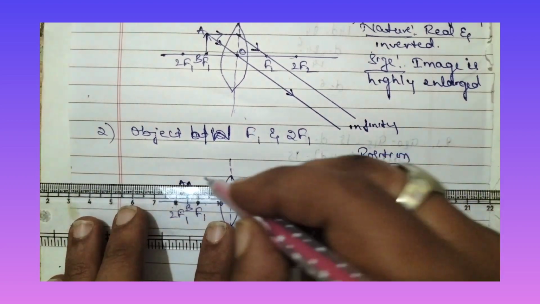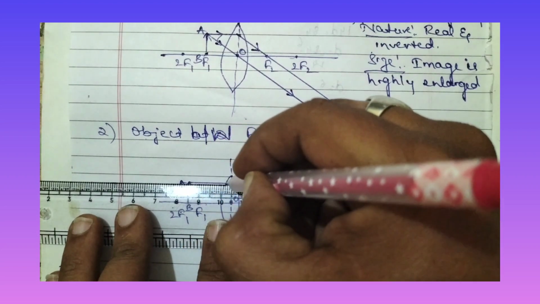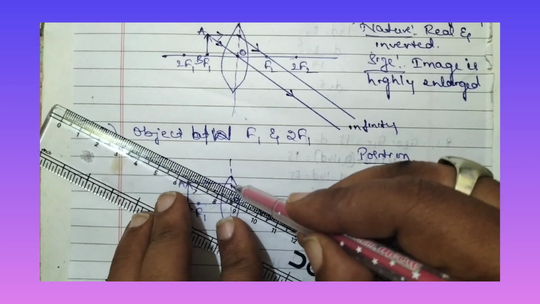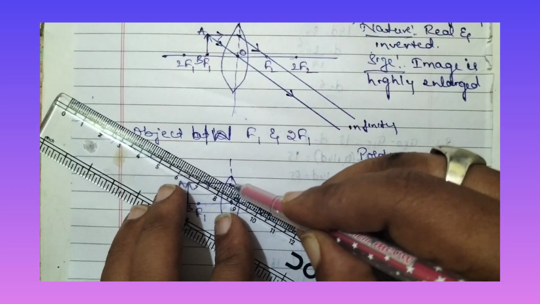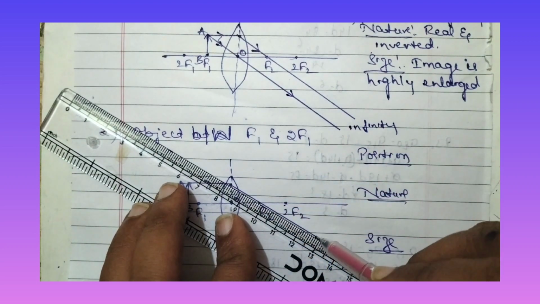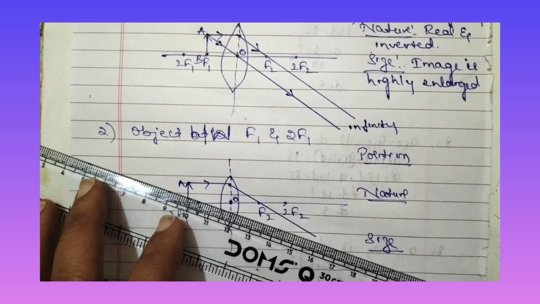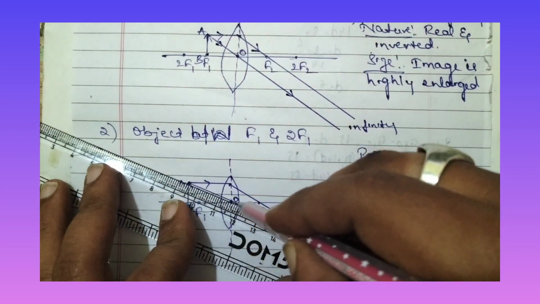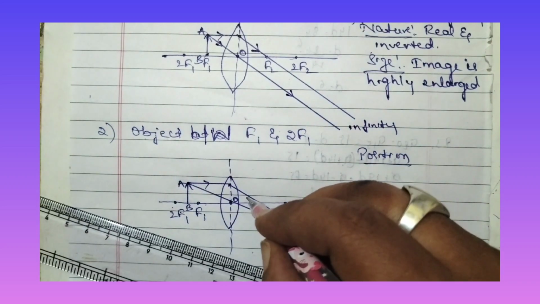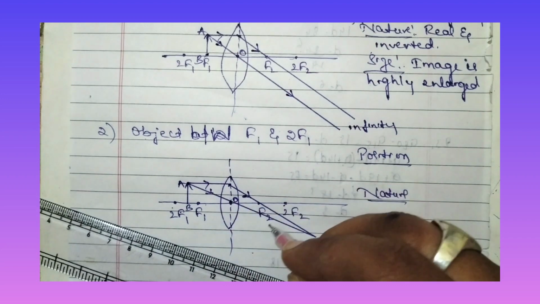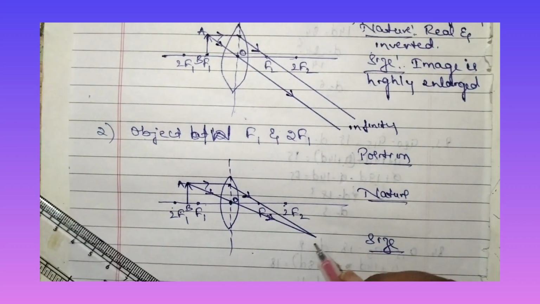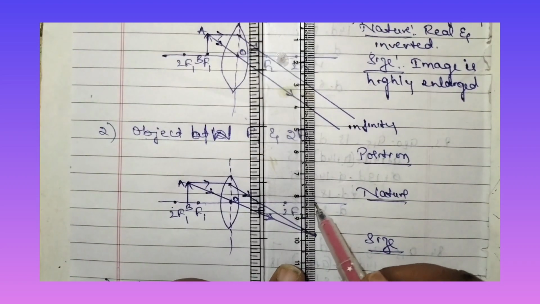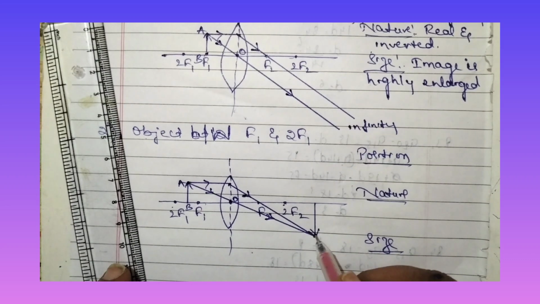So now let us write the ray diagram. The light ray which is parallel to the principal axis, after refraction passes through the principal focus. This is one. Then the second light ray is the light ray which passes through the optic center. It will never deviate. Where the two light rays meet, there the image is formed. Therefore the image is formed behind